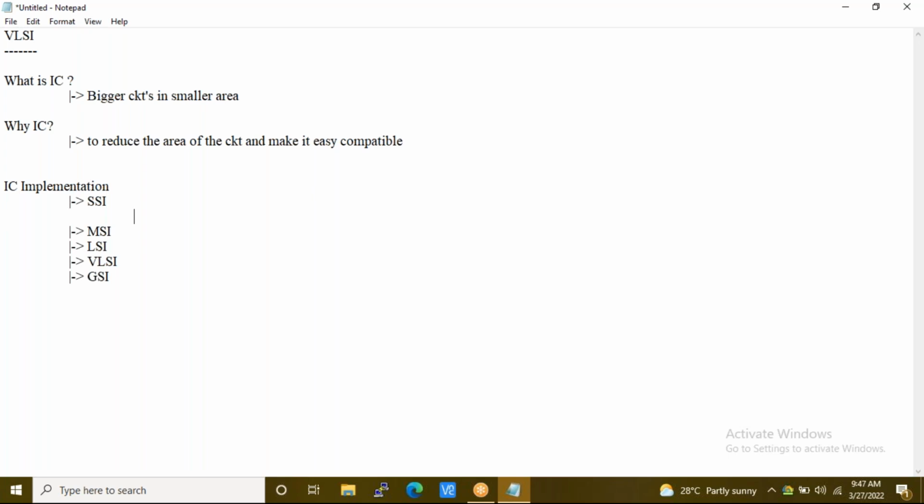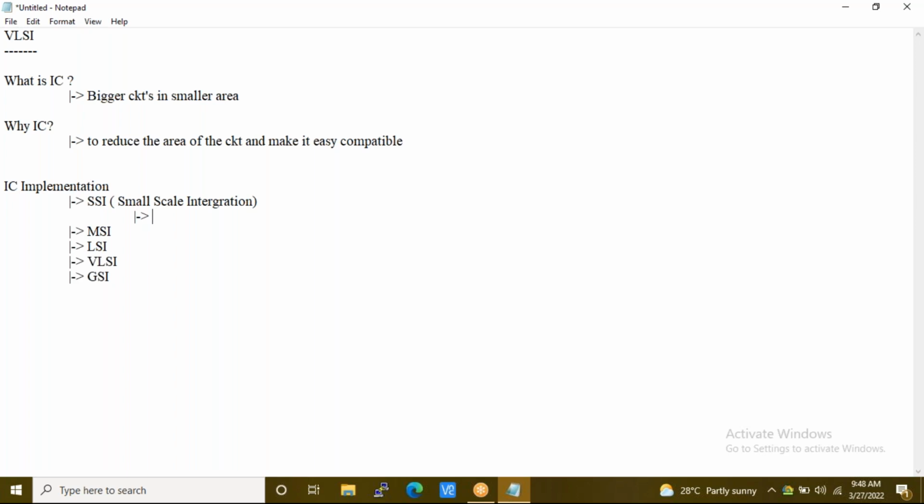Okay, so when we are talking about SSI, for those who are not familiarized, let's make it a brush up kind of session. SSI means small scale integration. In which they started with respect to how many logic gates, sir? Transistors?